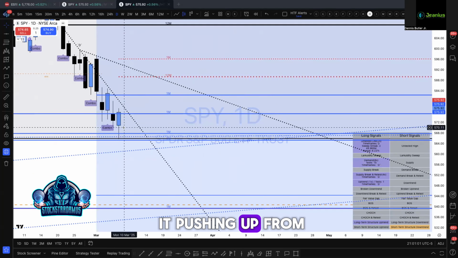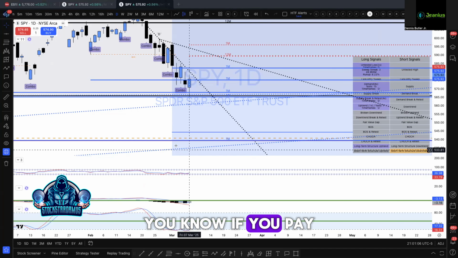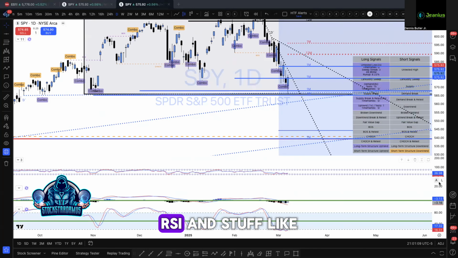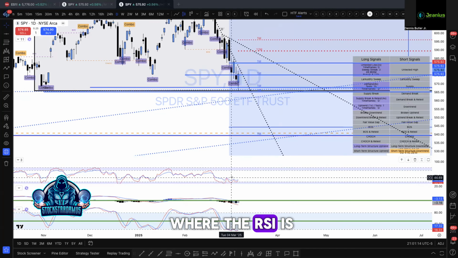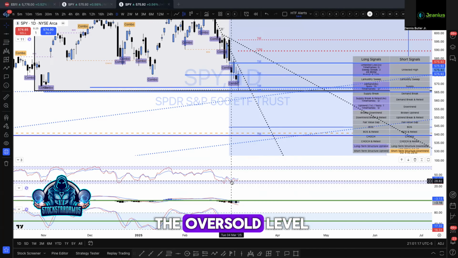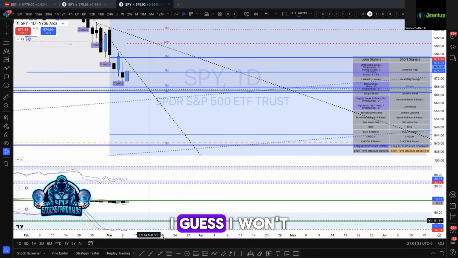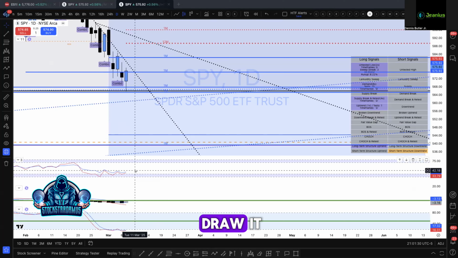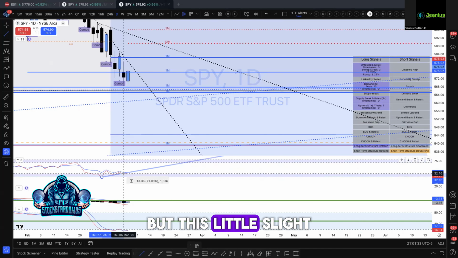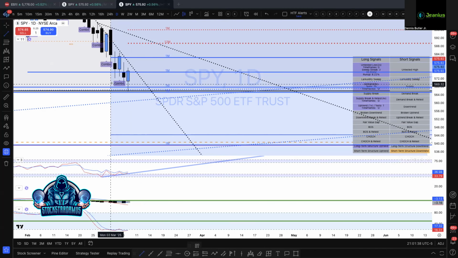So the odds of it pushing up from here are higher, especially if you like to pay attention to RSI and stuff like that in terms of being oversold. You can look at where the RSI is pretty much oversold and it's down at the oversold level. And if you want to look at something like, I can't even draw it, but this little slight divergence here where the RSI is starting to turn upward,